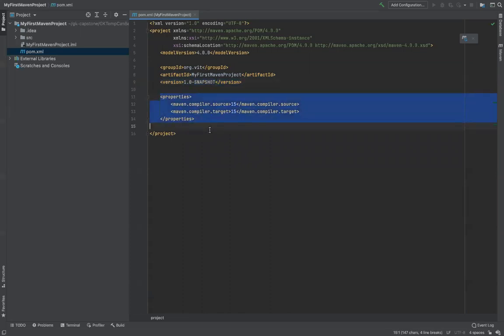The fourth thing here is properties, which indicates what kind of JDK version you want to use with this project, because every project can have different requirements. You may need 1.8, you may need 15, or you may need 16. Right now I've set my requirement for this as Java 15, because you remember in the very beginning I said that I need JDK 15. It was automatically selected.